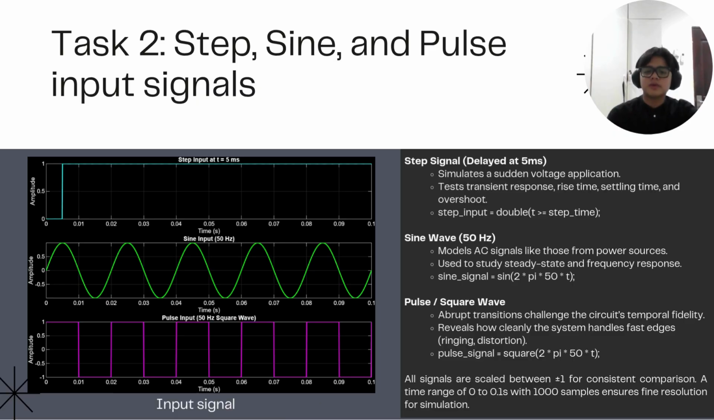So let's move on to task 2, where we generate the three types of input signals using MATLAB: step, sine, and pulse. The step signal delayed at 5 milliseconds simulates a sudden voltage application. It helps test the transient response, especially rise time and overshoot. Next, the sine wave at 50 Hz represents the AC power signal, and it's useful for analyzing the circuit's steady state and resonance behavior. Lastly, the pulse signal or square wave challenges the system's ability to handle fast transitions, great for observing ringing and distortion. All the signals are scaled between plus and minus 1 and sampled over 0.1 seconds to ensure high resolution